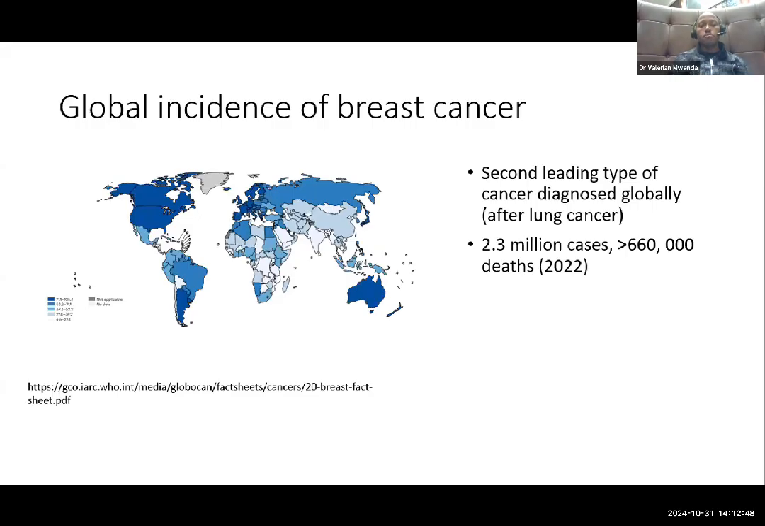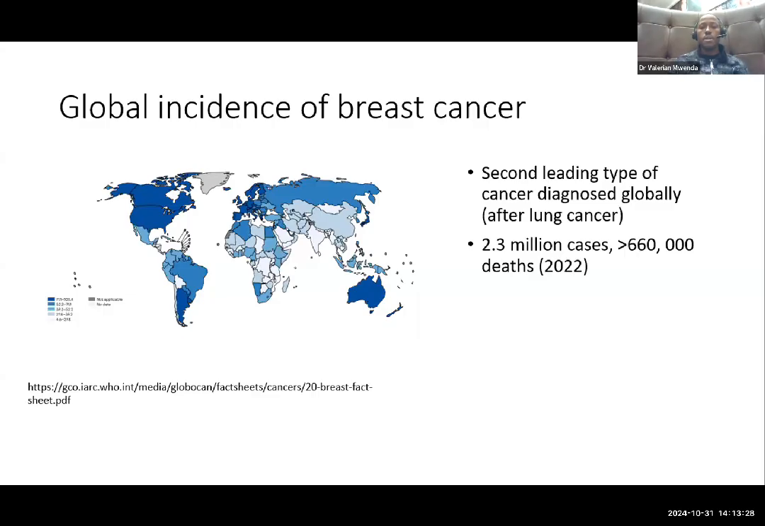Looking at the global distribution of incidence of breast cancer, what we see is differences in the global burden of breast cancer across the various world regions. Overall, breast cancer is the second leading type of cancer after lung cancer, with approximately 2.3 million cases reported in 2022. What we see on the map on the screen is the differences in how this burden is distributed across the world, with regions of Western Europe, some parts of South America, Australia, and North America showing higher incidence compared with